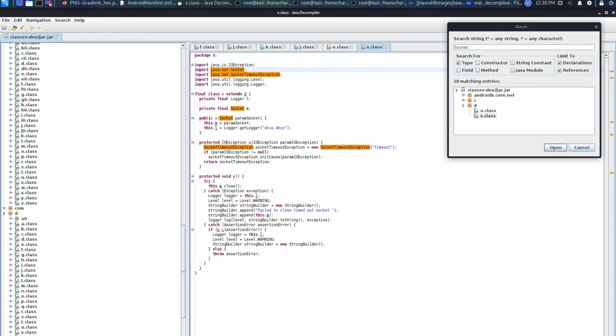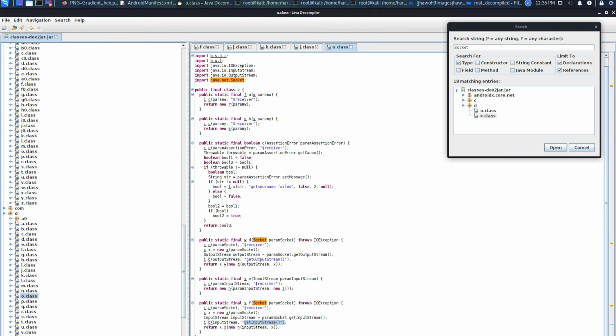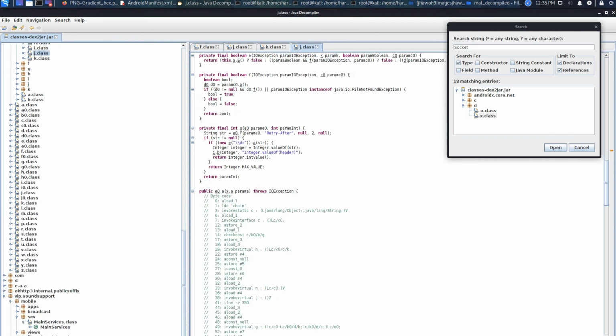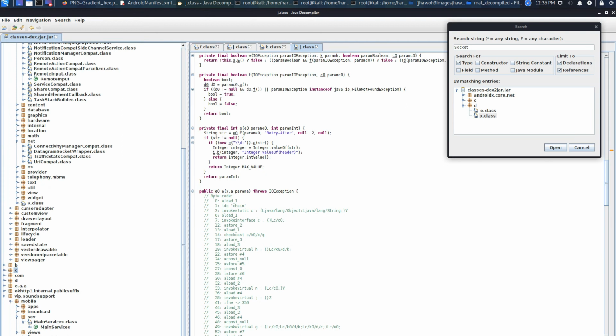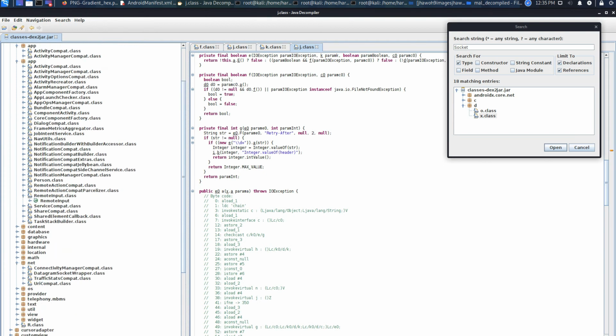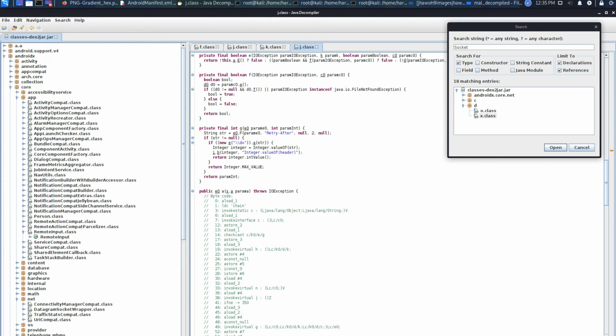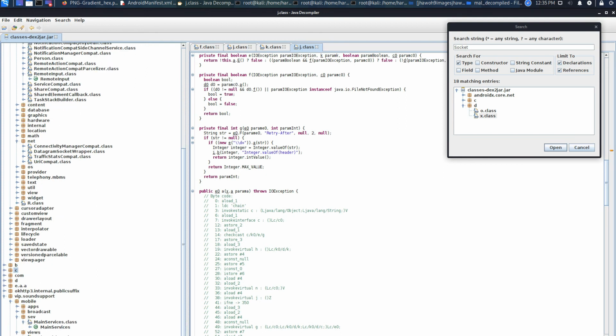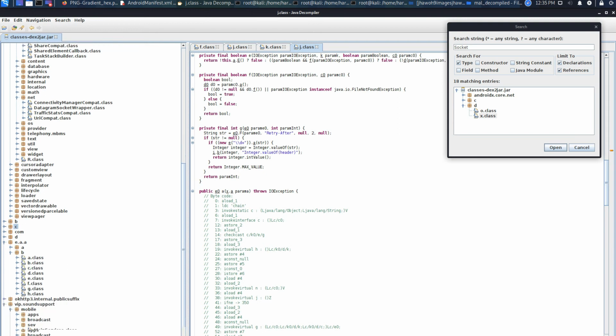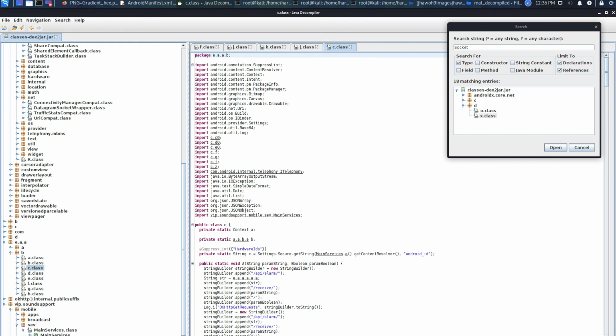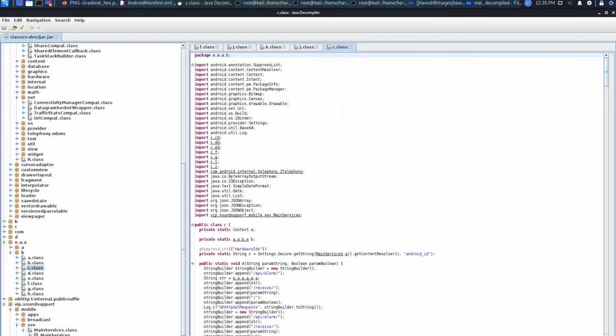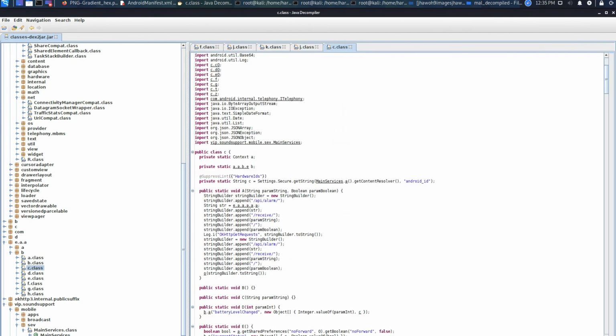It's a very big application, so it is taking time. Fail to close the. Let's look up here.